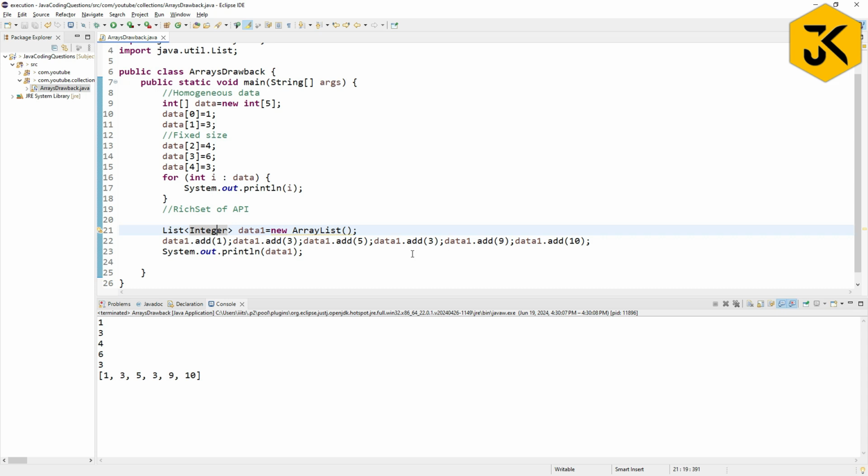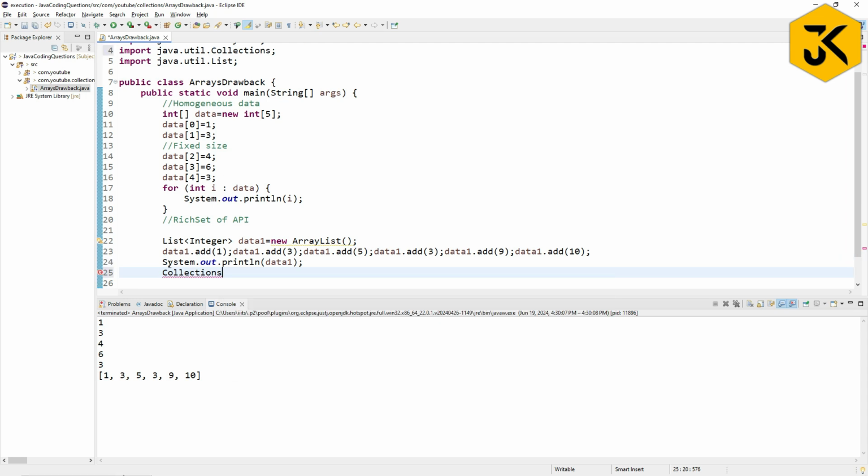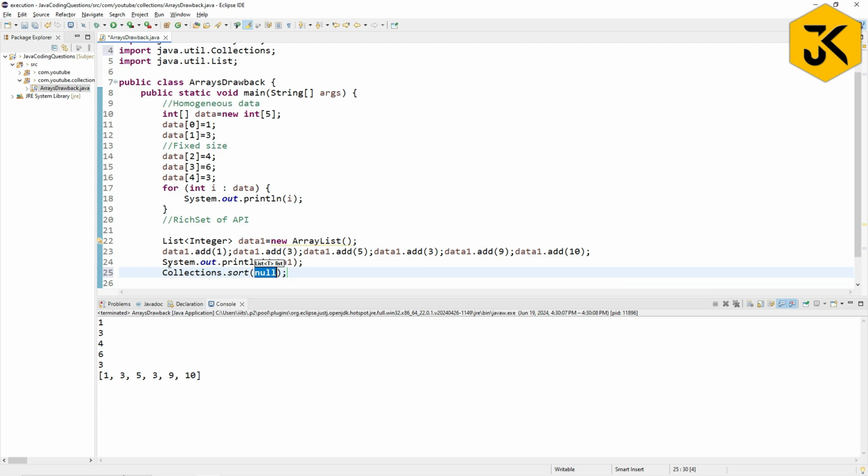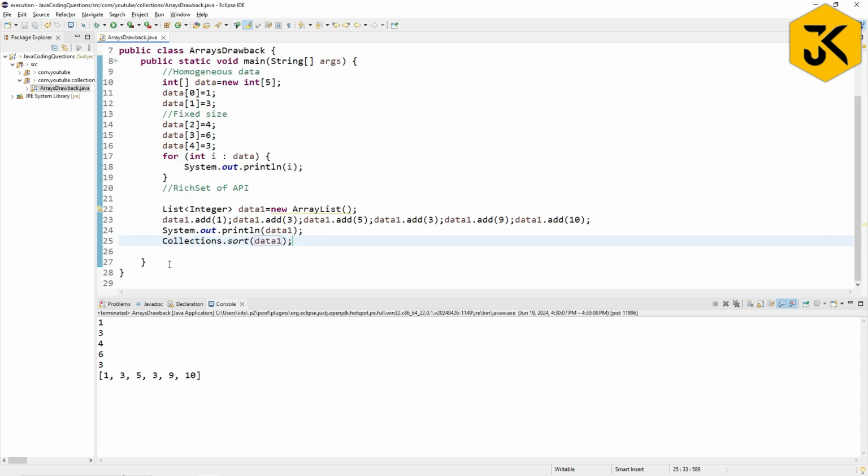So here I would like to show the rich set of API. For example, if you want to sort it, we have a class called Collections. The Collections.sort method is there. You have many methods, and whichever method you want to use, you can use it.